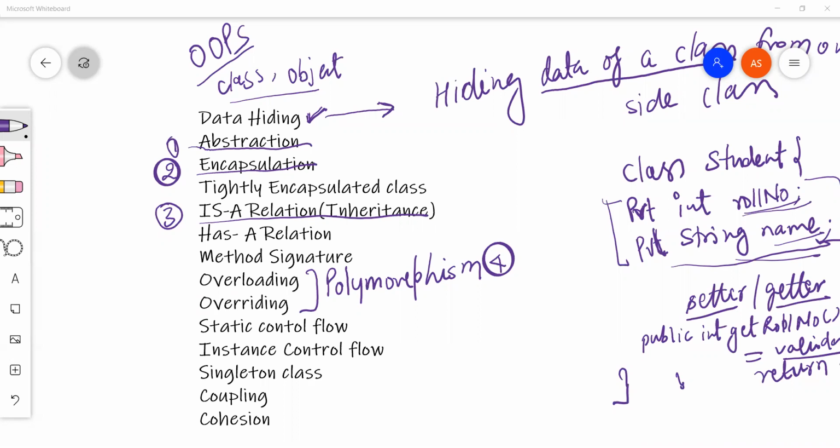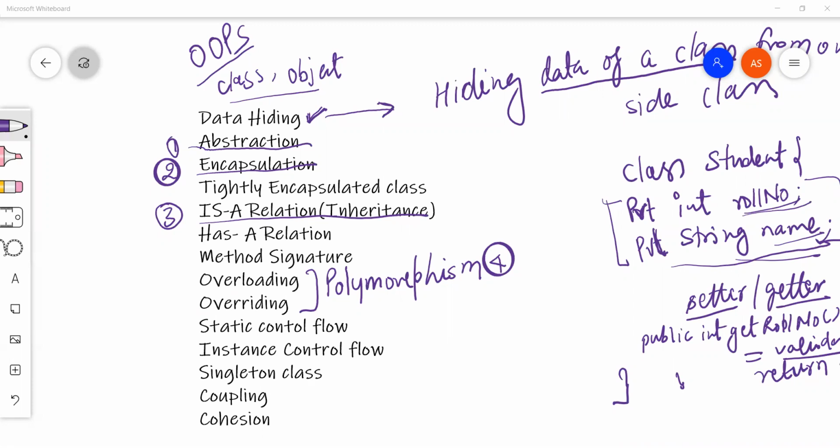These details are inside the system, but what is visible to the user is the functionality that the system has exposed. So for abstraction, we can say hiding internal implementation and highlighting a set of services which we are offering. That we can say is the concept of abstraction, right?